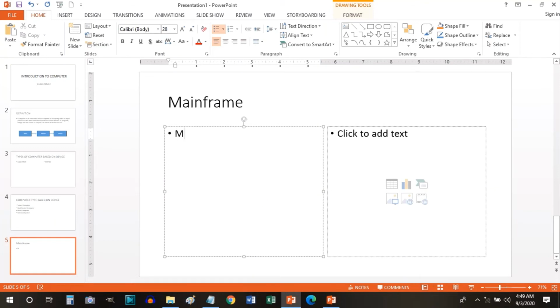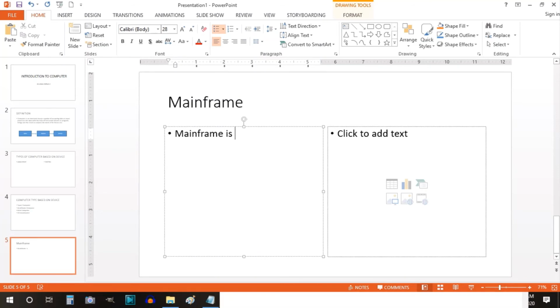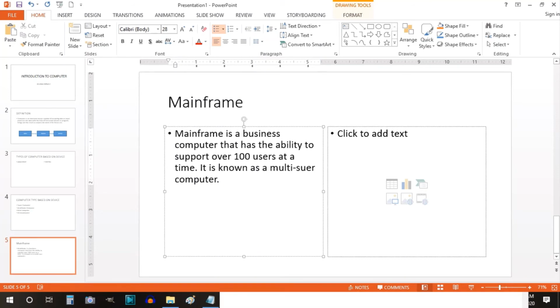Maybe it's a business computer that has the ability to support over 100 users at a time. It's also known as a multi-user computer. So if I want to add an image of a mainframe computer, coming to this place, you see different images